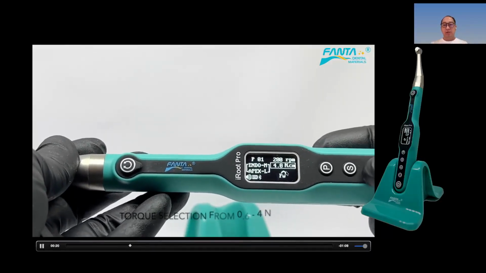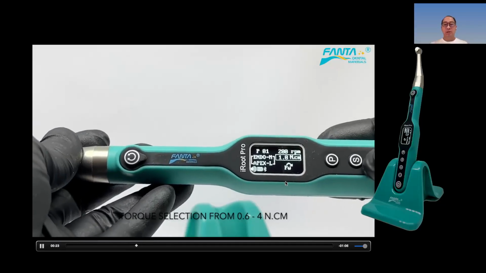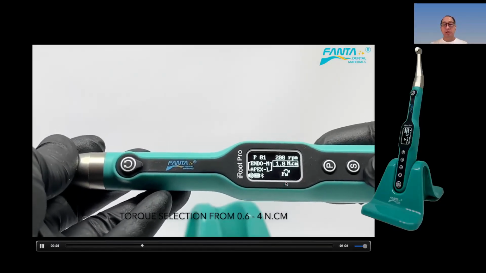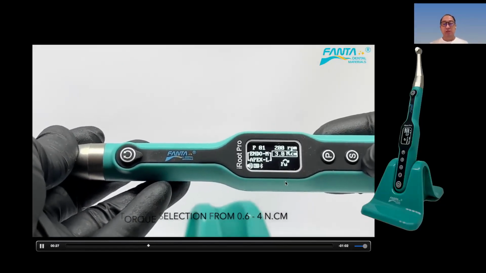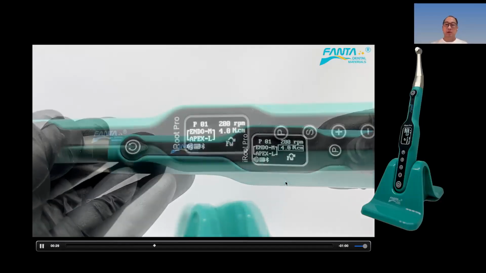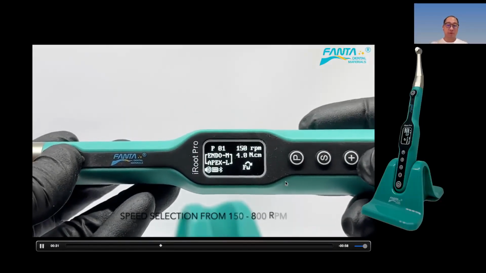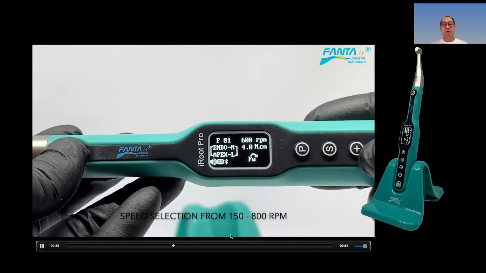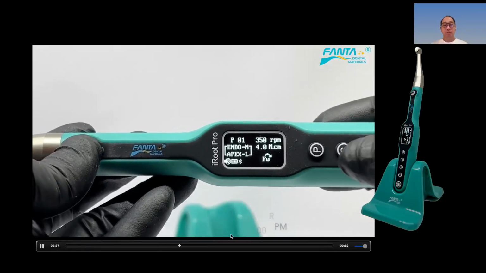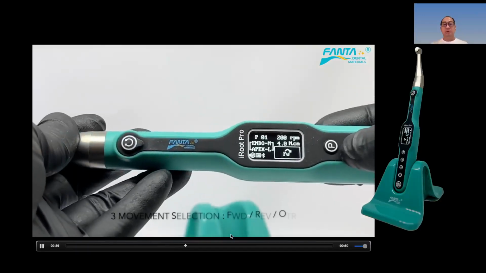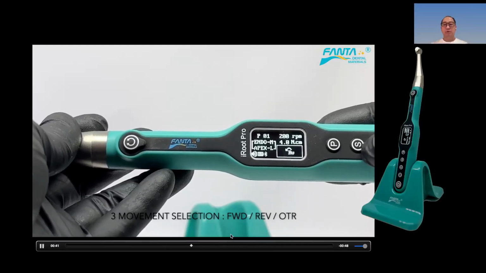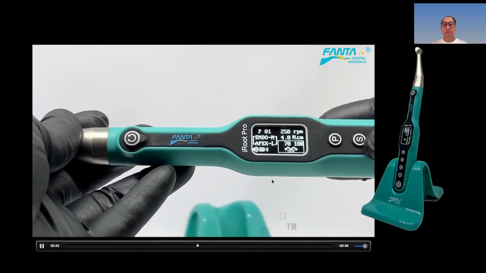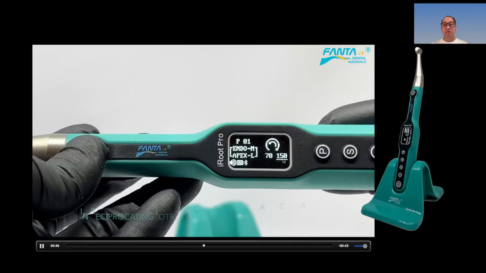You see here, if it is forward, it means it's now 360 degrees in rotation. You can also change the setting to counterclockwise, which is the reverse. The speed we can adjust from 150 to 800 RPMs, which is quite high. Sometimes 800 needs to be used with, let's say, a kids' clean drill, and it can also be used with the